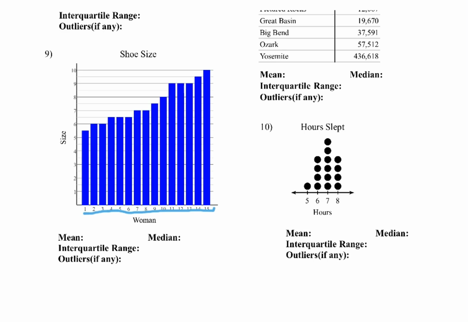So we've got a 5.5, 2 6s, 3 6.5s, 2 7s, an 8.5, an 8, 3 9s, and a 9.5,